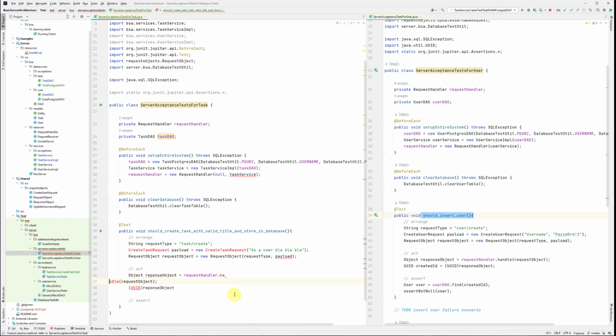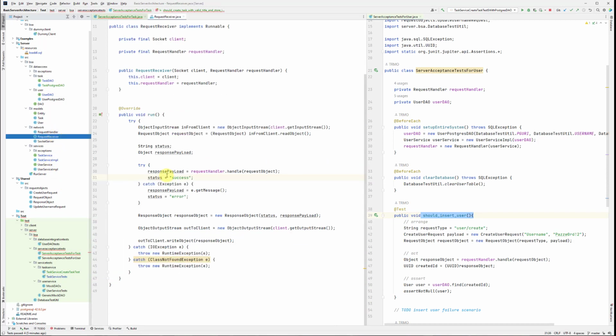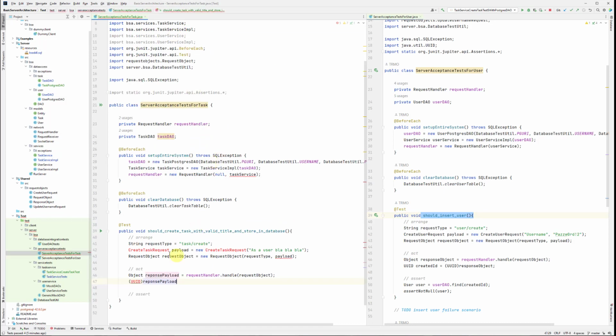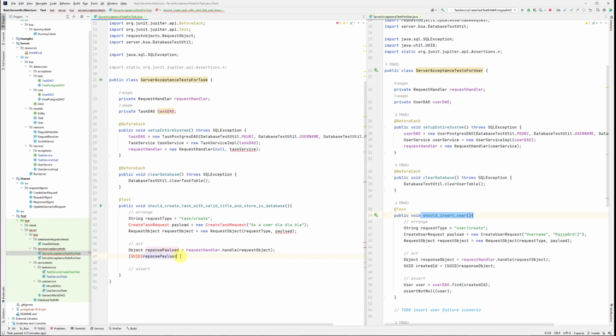What do I get? I get an object back. Yeah, okay, it's just because I also have this response object. So this is my response payload actually, just to be specific. And this would be wrapped if I find this one, request receiver. So response payload, that's what I get back, and it's wrapped into a response object, but with a status also. So response payload, yeah, and I need to import the ID and